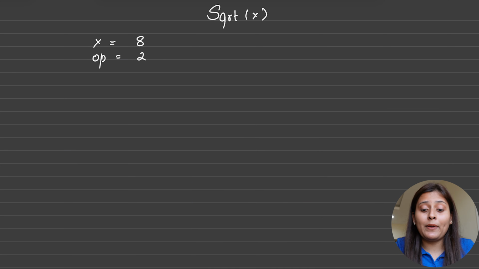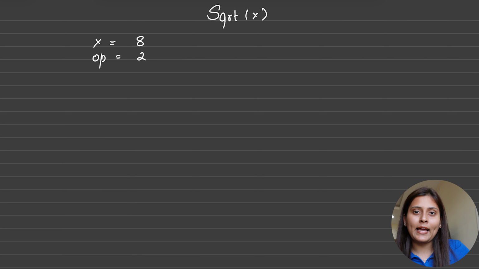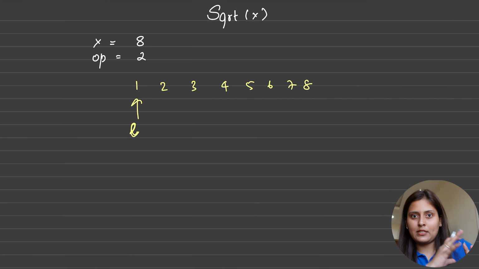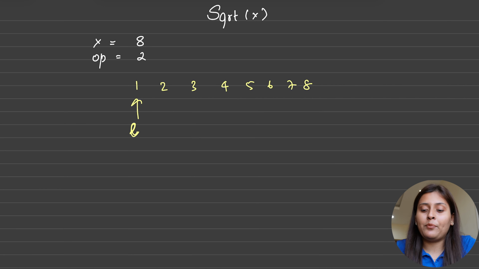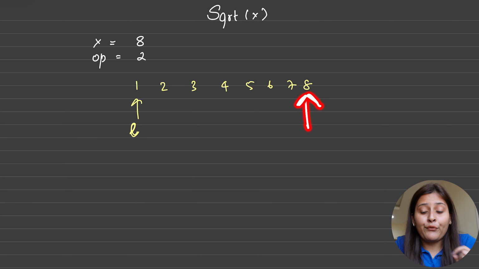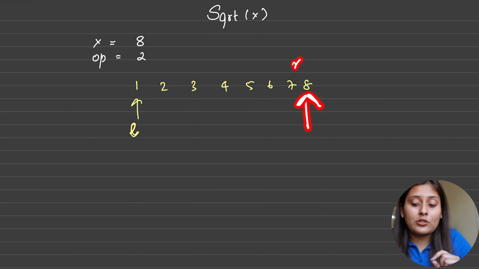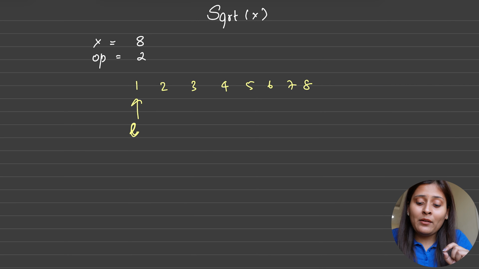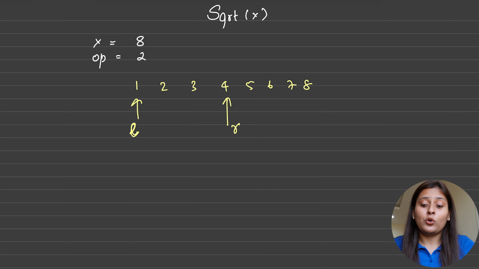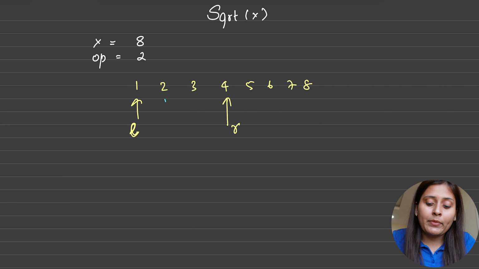And we just saw we will apply binary search because on the number line 1 2 3 4 every number was sorted, correct? So the left pointer we will start from the first index, meaning value 1. But what about the right pointer? We just saw instead of starting the right pointer from the last index, we can start from n by 2, correct? So at n by 2 we will put our right pointer. Now here we will calculate the mid value. So what will be the mid value? 4 plus 5, like 2 point something, means 2. So here our mid value will lie.